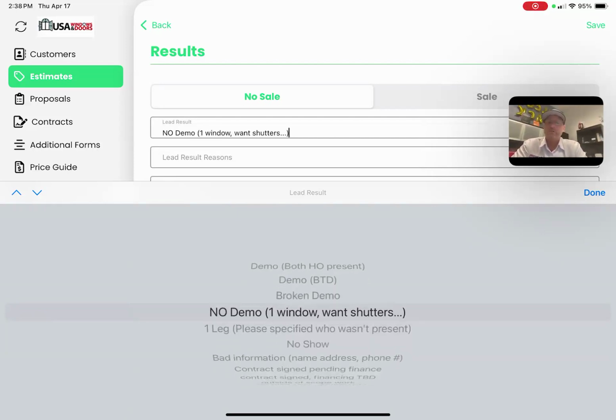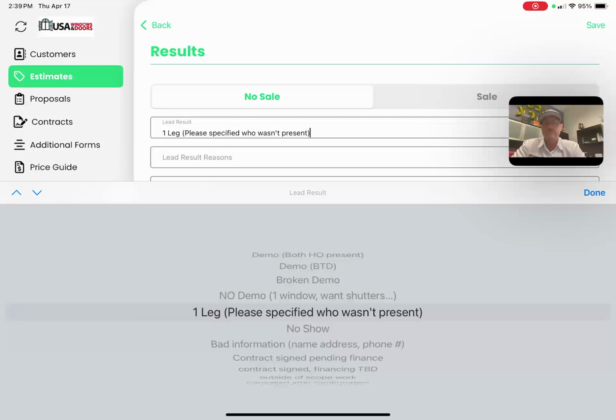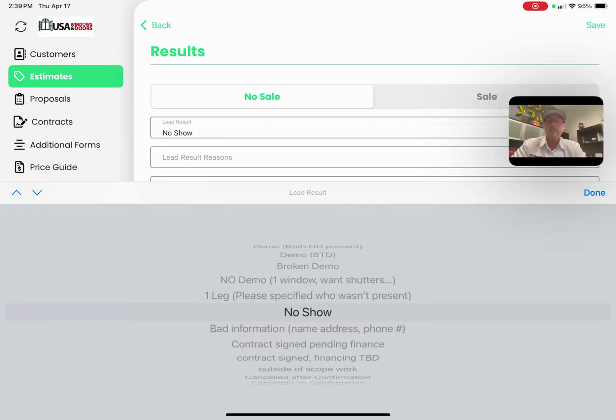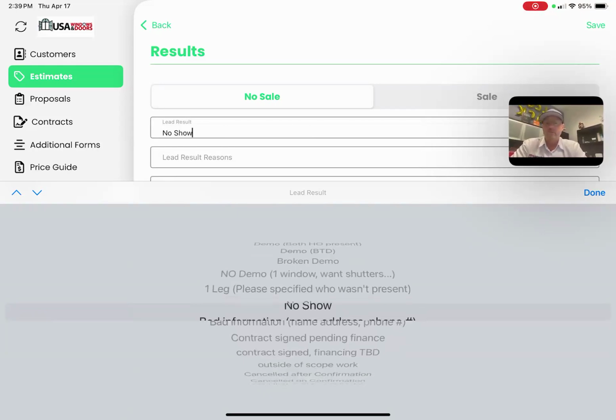No demo, meaning you got there, you talked to them, you qualified them a little bit, and they did not allow you to do a demo, or you chose not to do a demo using your own discernment that these people are not buying. They just told me they filed bankruptcy. They have no money, and so that may be a no demo there. Obviously, a one leg. One of the parties are not available today. No show. Showed up at the house and nobody was there. And the rest of this,